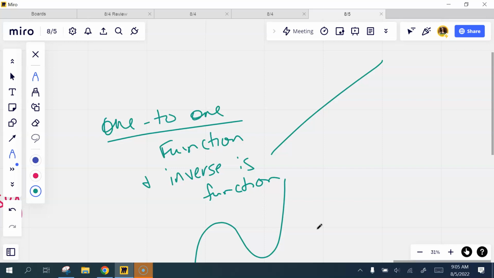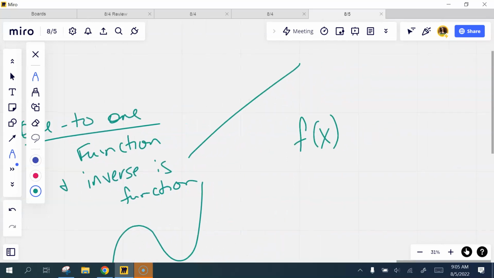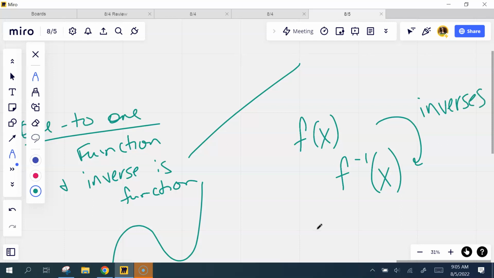Speaking of inverses, what's an inverse? What happens? Good job. You switch x and y. So inverse means switching x and y. So if I have f of x, I would indicate its inverse as being the -1 exponent there. This means inverses. Y'all, please tell me if you don't remember some of this stuff and need me to